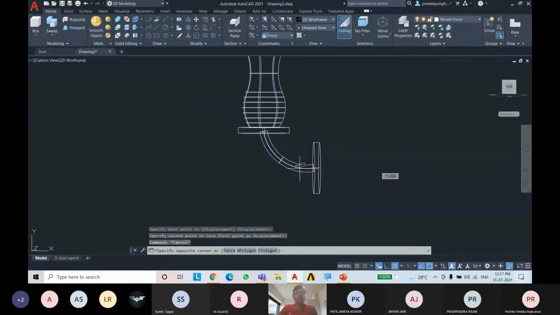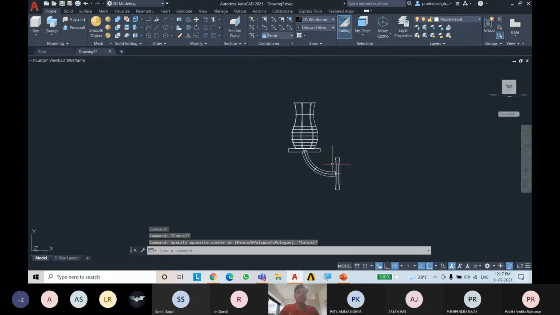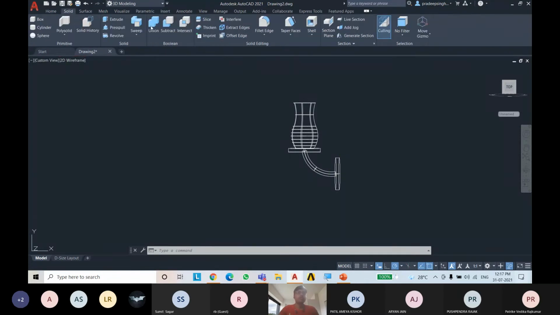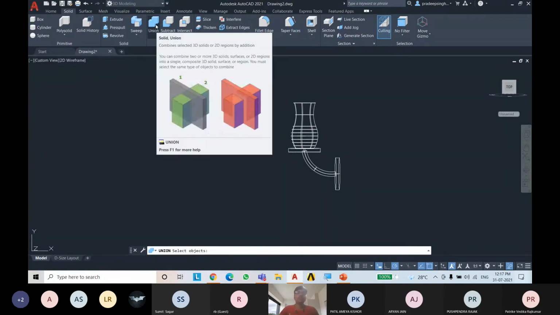Now you can see that if you select this handle, it's selected differently. But if we want these three to be the same, just go to solid, select union. Union is used to unite three or different objects.